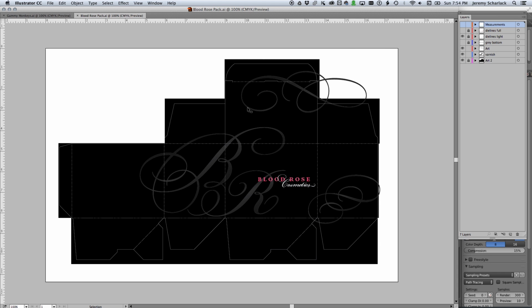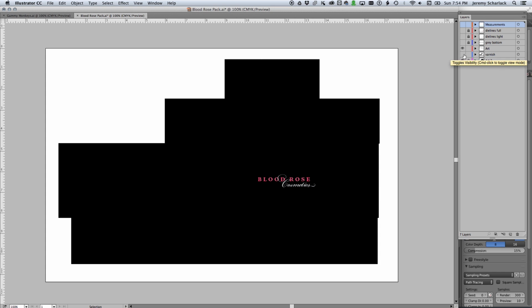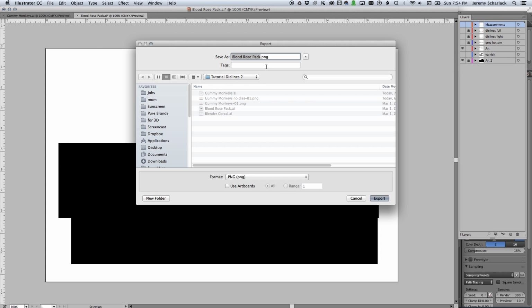So these are the exact same die lines we had before. So I'm just going to turn them off. So we're going to export a PNG, but of course we don't want to export this. We want to export this separately. So what we're going to do is I'm going to get rid of the varnish, and I'm just going to export this image. Export. Blood Rose Pack